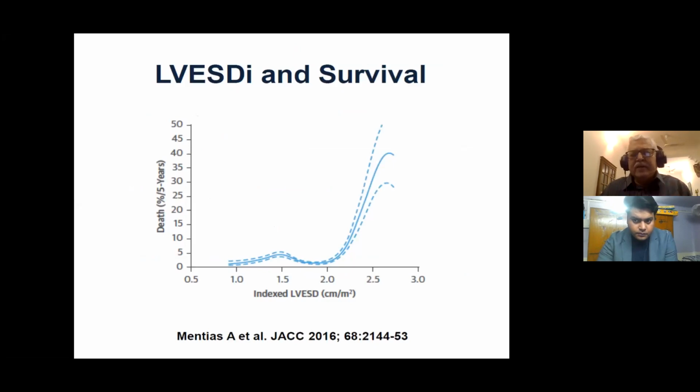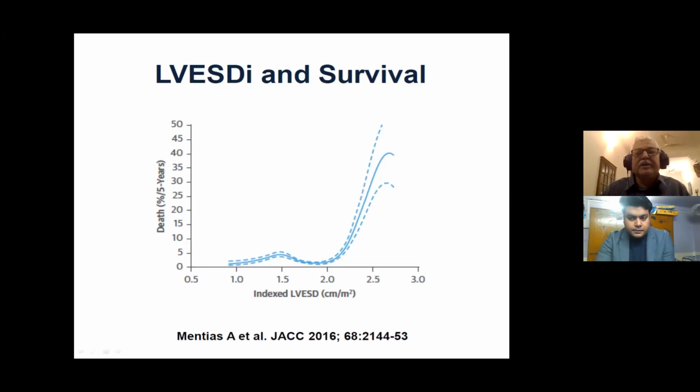Now, we are revisiting a lot of things. Today, trials have shown, for example, that vasodilators are not useful in prolonging survival. Similarly, the arbitrary value of 2.5 is now increasingly questioned. This trial, for example, has shown that patients rapidly deteriorate once they go beyond even 2 centimeters of LV